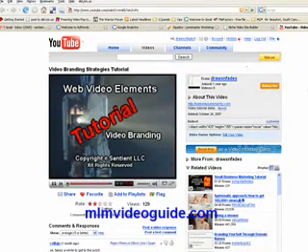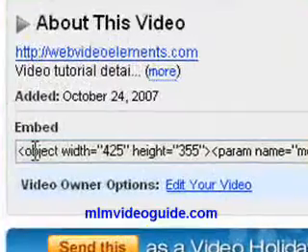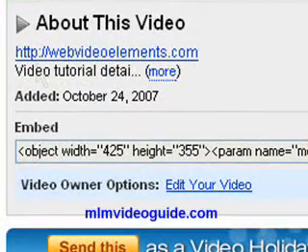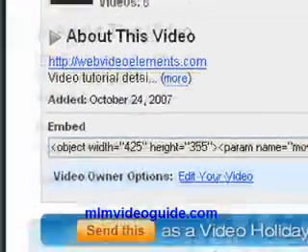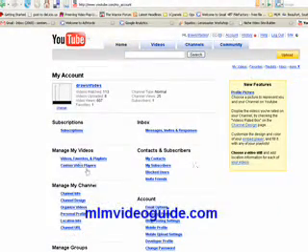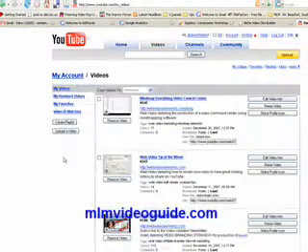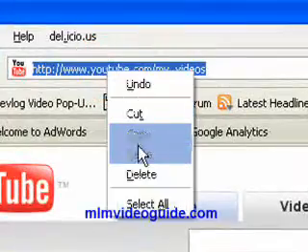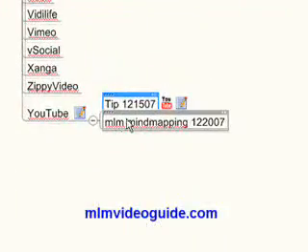If I click on that, it immediately brings up my browser and actually shows me, let's pause that so we don't have all these conversations running at once. It actually shows me the video, and it shows me on YouTube my embedded code for that video that I'm going to use to post on websites if I need to. Now, you can actually click on your YouTube account page and go down to Manage My Videos, and this will be all the videos that you have running on this particular site. So you would take this URL and copy it, go back to your mind mapping software,